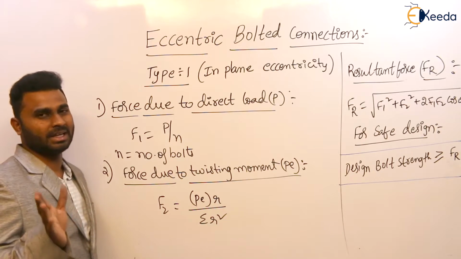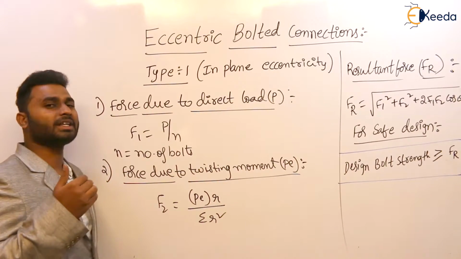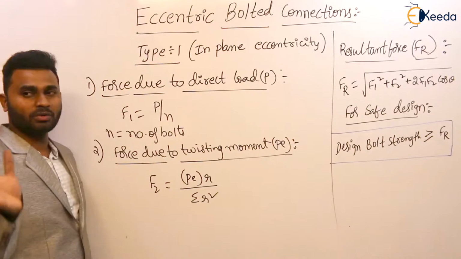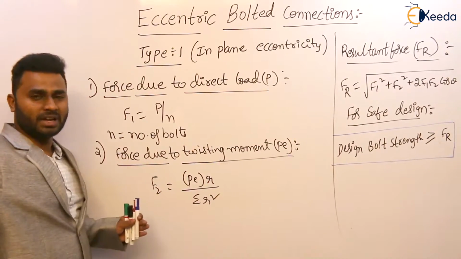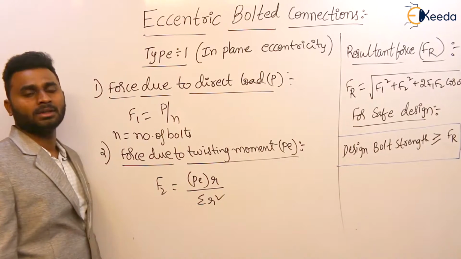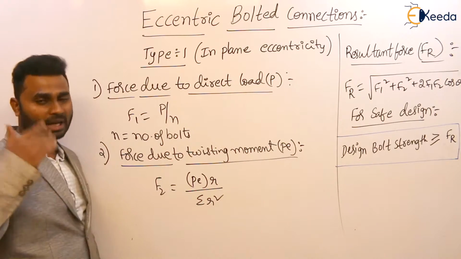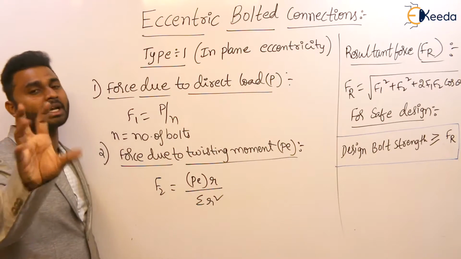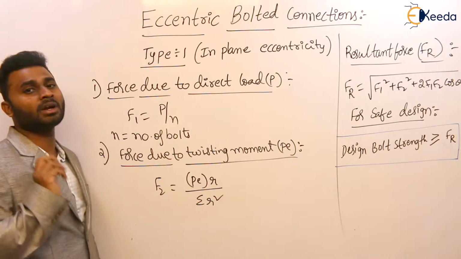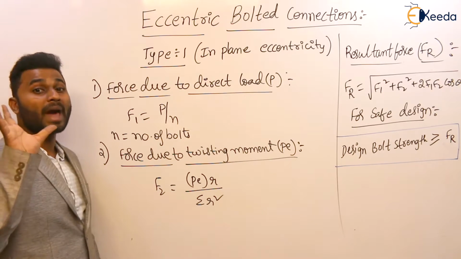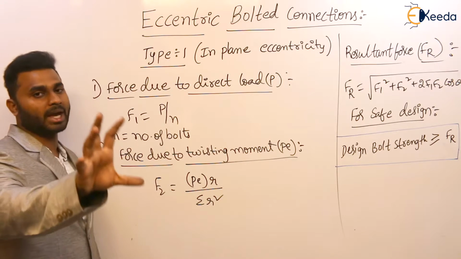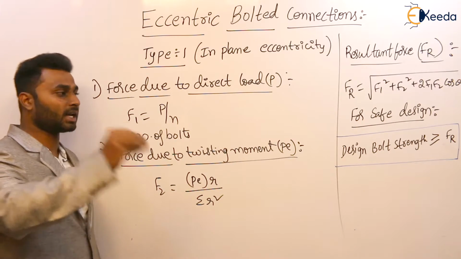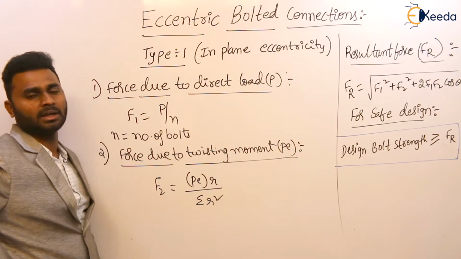The reason here: in a given condition there exist n number of bolts. So for every bolt, if you keep on calculating the resultant force, it is a very, very lengthy process, or not? So simply to avoid that lengthy process, first we locate the critical bolt, which is the one subjected to maximum resultant force. Then we calculate the maximum force on that bolt and the design bolt strength.